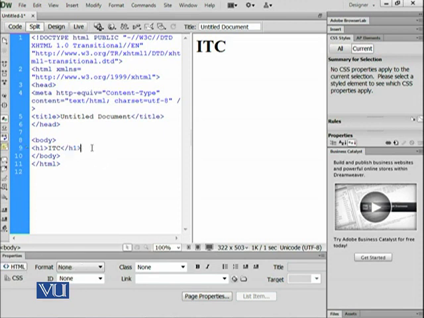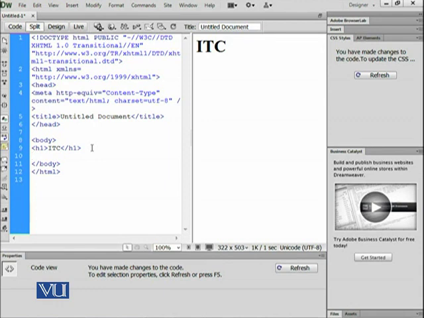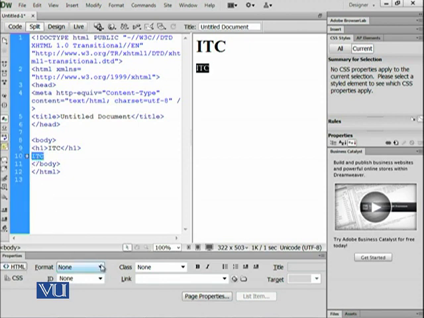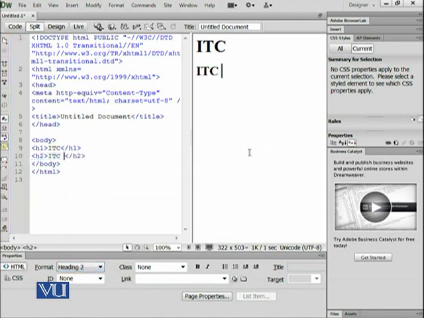And if I again write ITC, it will be shown over here. And if I click heading 2, it has added the code by itself. It's very interesting that it adds all of the code by itself.